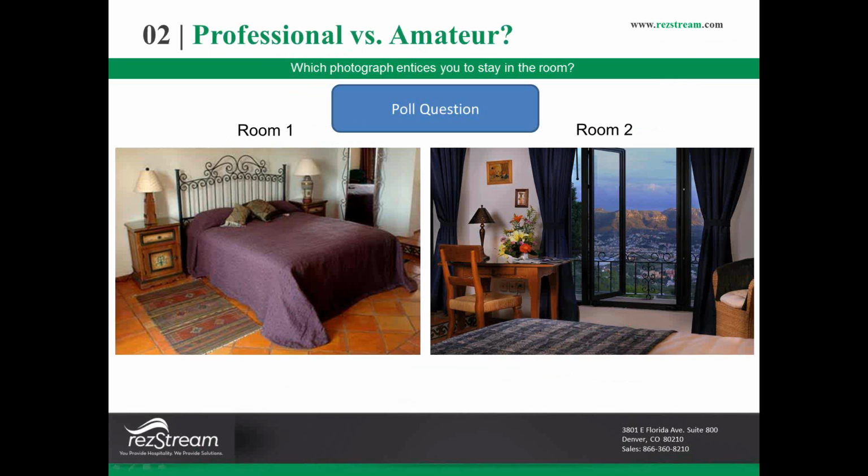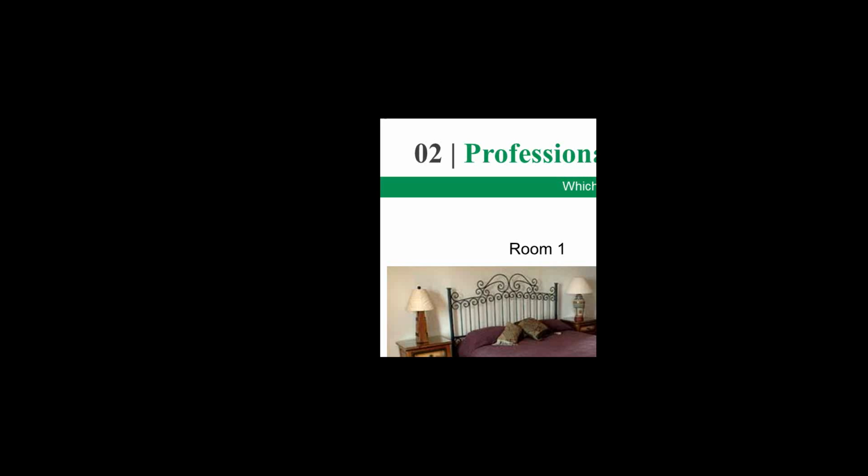So I'm going to push out this poll question to you, and you should be able to see it in a second. Do me a favor and take the time to answer this question, and then we'd like to talk to you about these two particular photos. Most importantly, we want to see what you select, and hopefully this goes the way we're thinking it will. So we've got about 11% of you that haven't voted yet. About 10 more seconds. Go ahead and get your answer in.